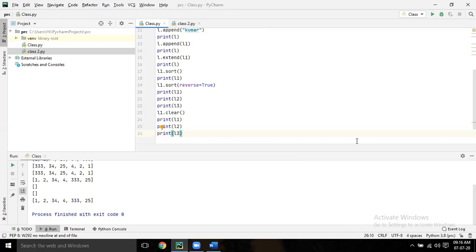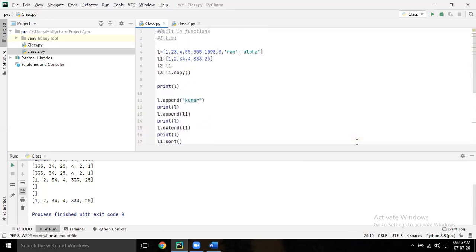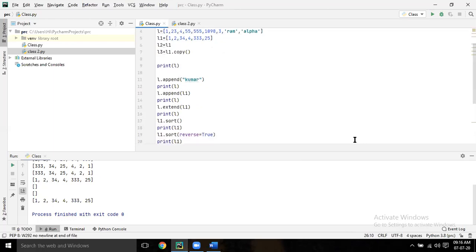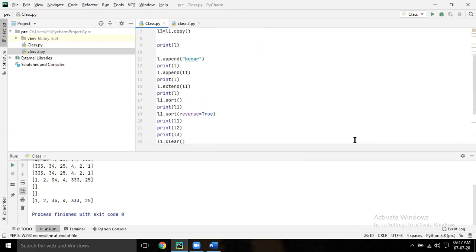It won't create a physical memory. If something happens to L1, L2 is also gone. But nothing will happen to L3 if you do copy. It's taking one more physical copy, a hard copy. So this is also an interview question.